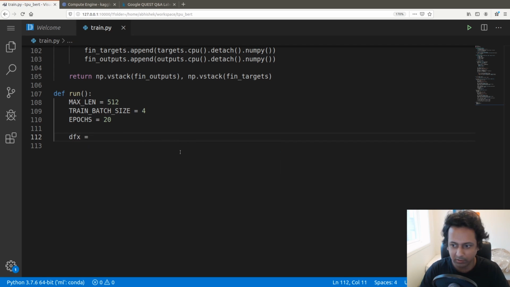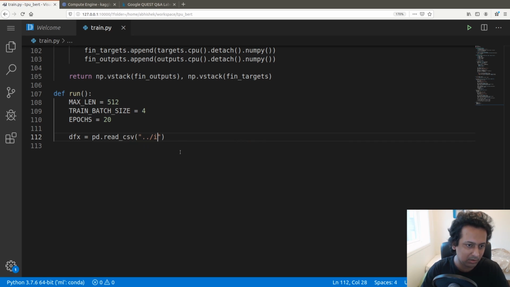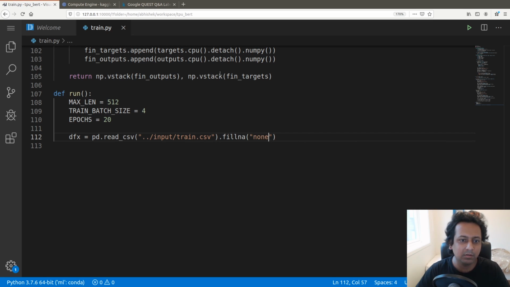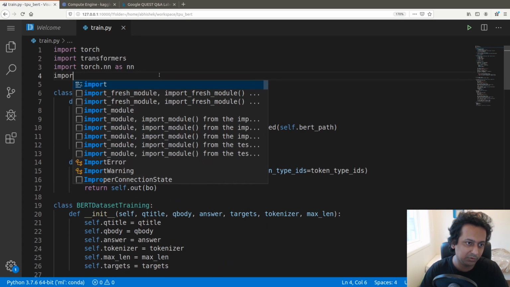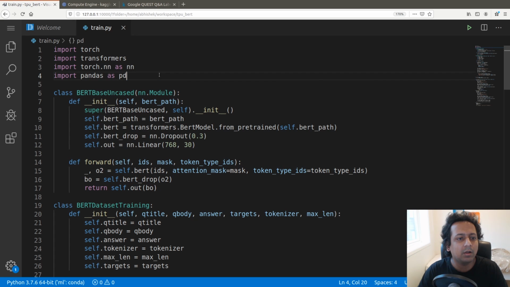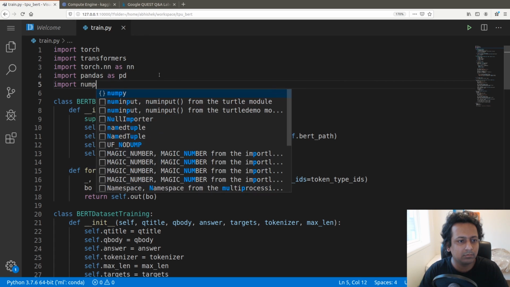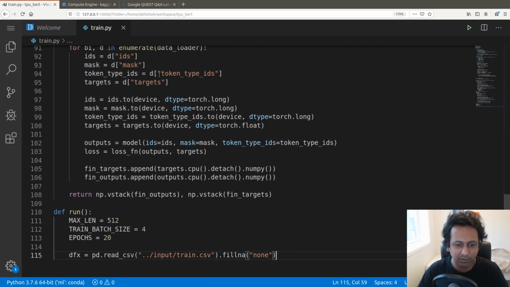So my dataset will be pd.read_csv input/train.csv, and there are some NA values, so I'm just gonna do this fillna none. Need to import pandas now, and we also use numpy, so I'm going to import numpy. So we got everything,